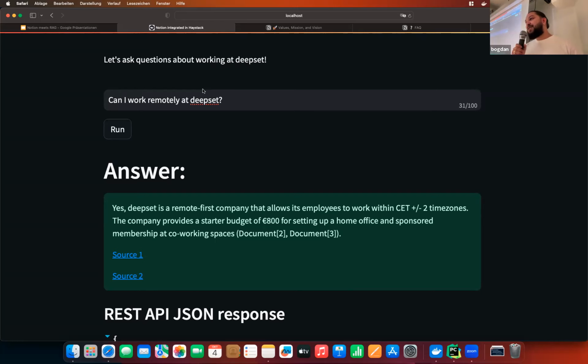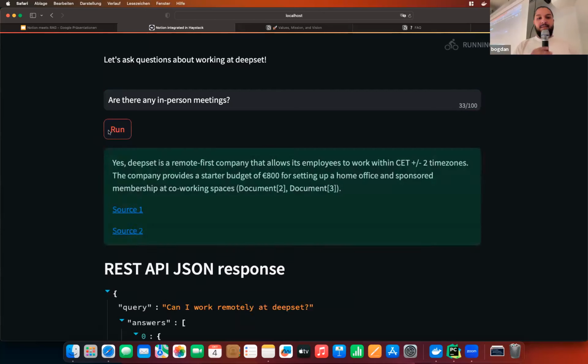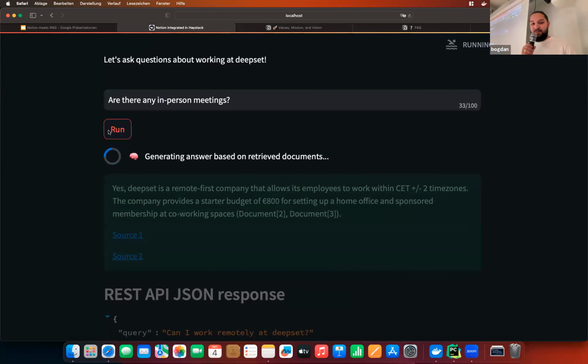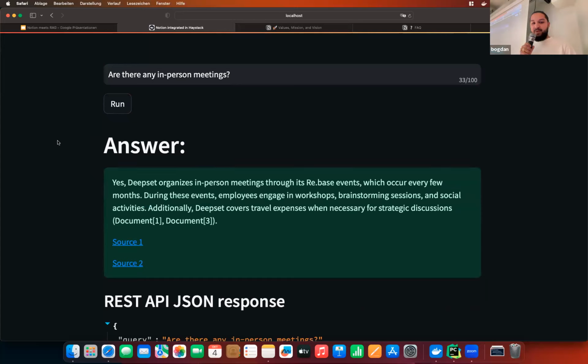Now maybe I want to know if there are also any in-person meetings, because I also like to meet my colleagues in person from time to time. Let's see what the model will return here. We see that deepset organizes in-person meetings through its rebase events, which occur every few months.